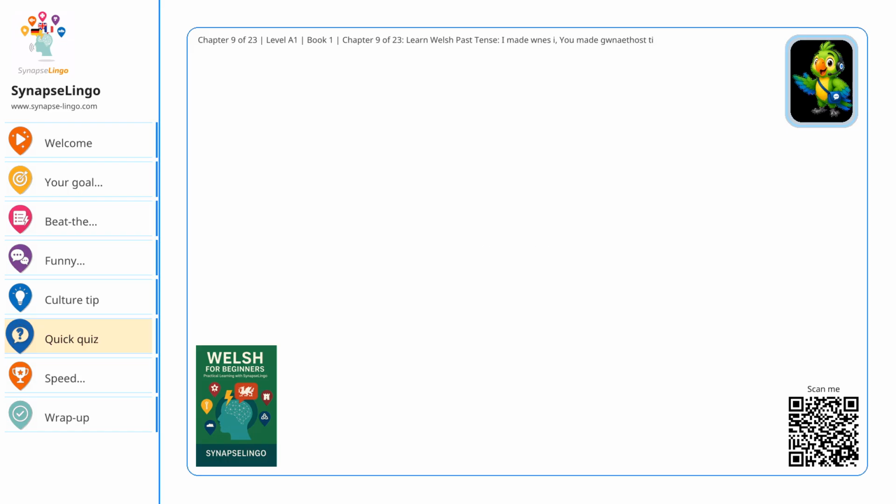Gwnaeth. 5. We made? Answer. Gwnaethon ni. 6. You made, plural, formal. Answer. Gwnaethoch chi. 7. They made? Answer. Gwnaethon nhw. 8. What's the base verb to do, make? Answer. Gwneud.